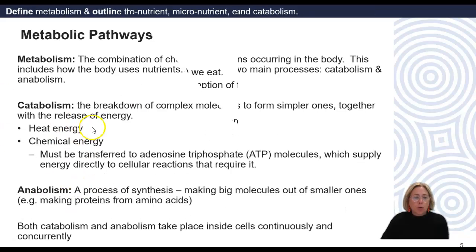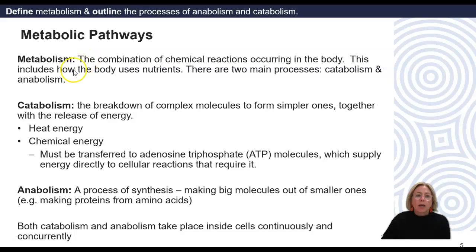Now, we've got a few important definitions on this slide. The first one is looking at metabolism. And metabolism is the combination of all the chemical reactions occurring in the body. And this includes how the body utilizes nutrients. And there are two main processes. They are catabolism and anabolism. We'll define those now. Catabolism is the breakdown of complex molecules to form simpler ones. And in doing this, this releases energy, heat energy and chemical energy. And chemical energy must be transferred to ATP or adenosine triphosphate molecules, which then supplies energy directly to cellular reactions